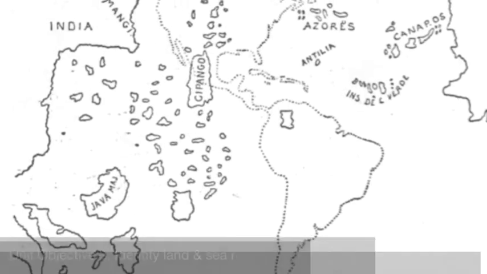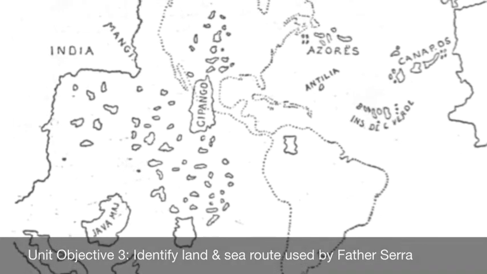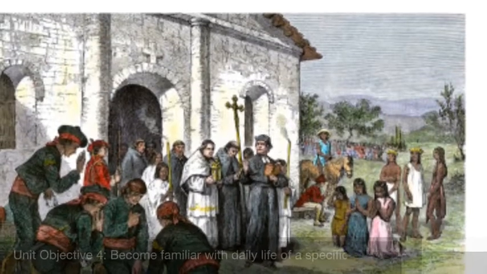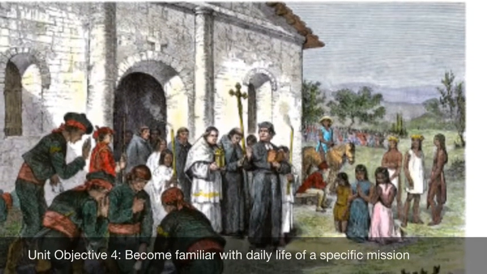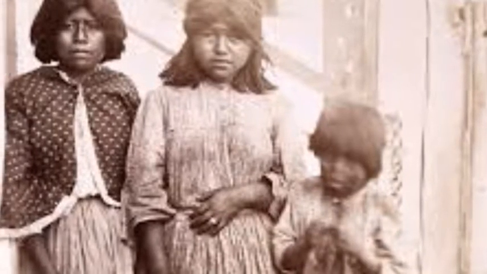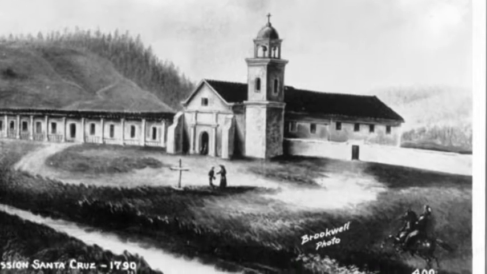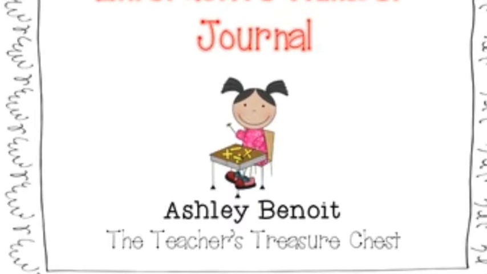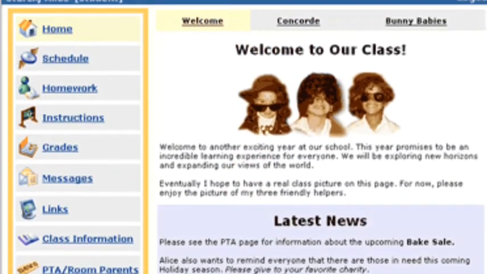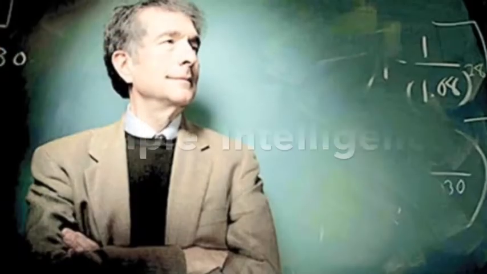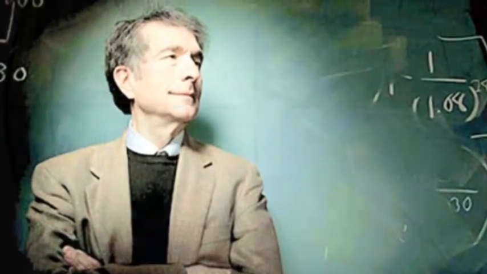They will be able to identify the early land and sea routes used by Father Serra and Gaspar de Portola. The students will also become familiar with the daily life of a specific California mission and list the effects the mission had on natives and the local mission economy as evidenced by research, journaling, using online resources, and finally developing an online website or wiki showcase to their group final project, while at the same time completing activities that involve